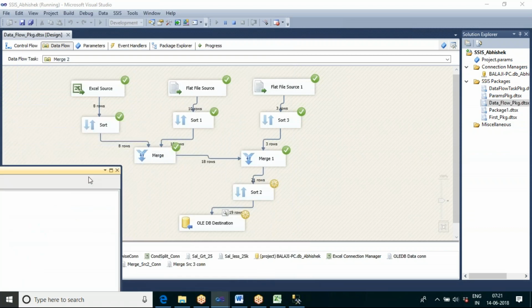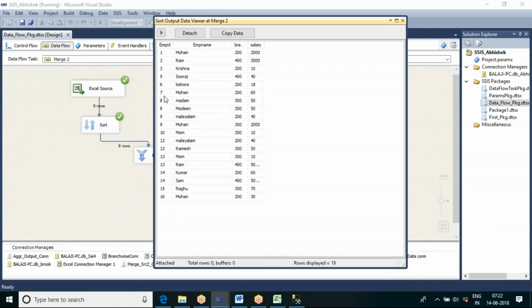Here you can see 8 plus 10 plus 3. 10 plus 8 is 18, 18 plus 3 is 21. So these 21 records after removing the duplicates have become 19 records. Means there were duplicates, and after removing them it has become 19 records.